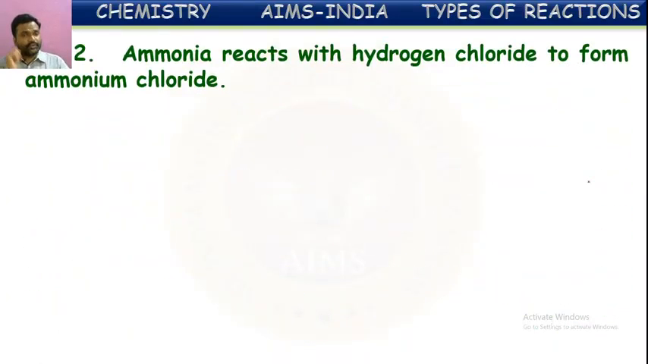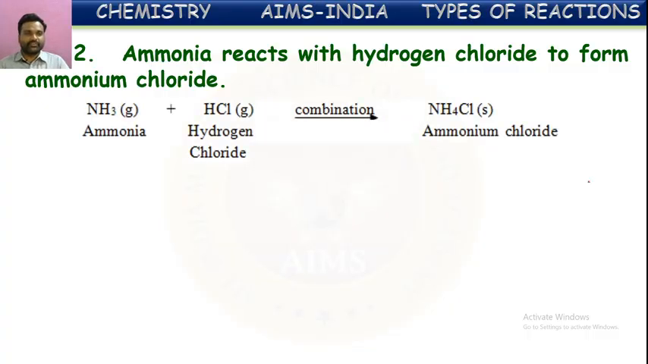One more example is shown here. Ammonia reacts with hydrogen chloride to form ammonium chloride. Here you can see the reaction for this. Ammonia is a compound, hydrogen chloride is also a compound, and they finally form the compound ammonium chloride. So in this type of combination reaction, what is happening? Two compounds are combining to form a